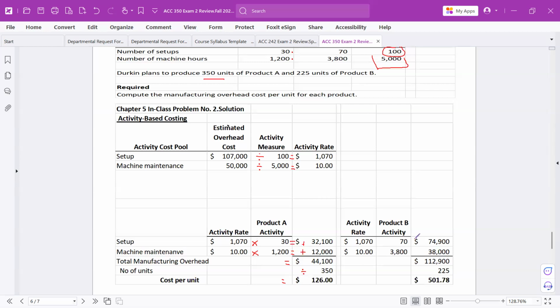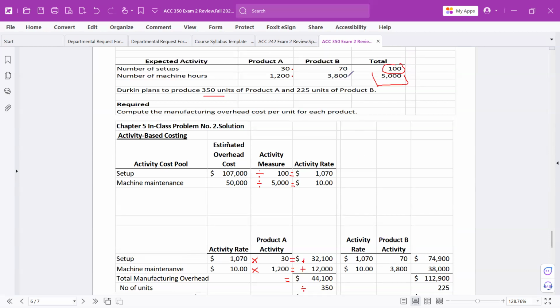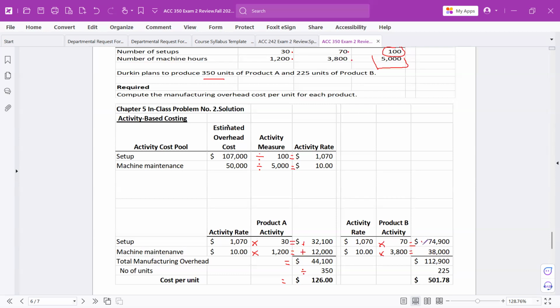Same thing for product B. We've got our rates, multiply the rate times the activity. 1070 times the 70 setups that we can trace to B. And that will give us assigned overhead of 74.9. And then $10 times the 3,800 machine hours we can trace to product B. That will give us a total cost of 38. Add all that overhead together for B, and we've got a total overhead cost of 112.9. And we want to make sure we divide by the 225 units, and then that will give us the cost per unit, in this case of